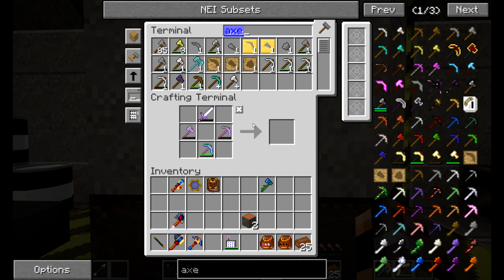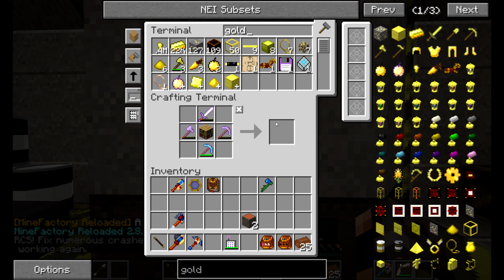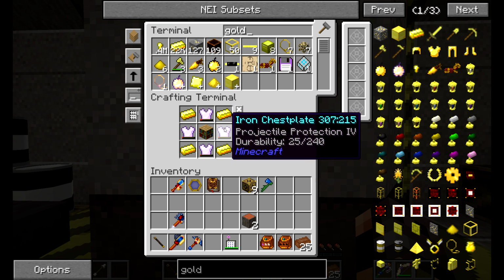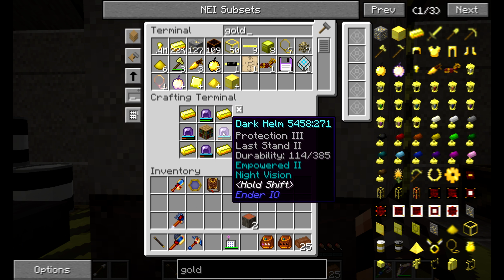The next thing you want to do is a bookshelf. Plop that in the middle, and then I believe it's gold ingots, is it? Boop, boop, boop, boop. Yeah. That will give you magical wood. It can also be done with, as you can see, anything that's enchanted. But it can also be done with, oh no,